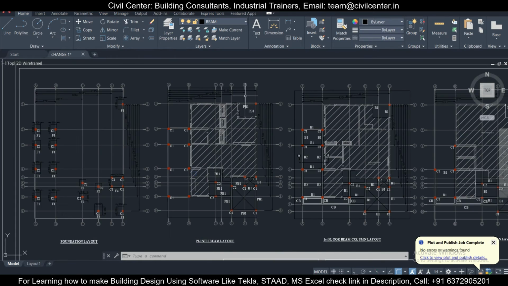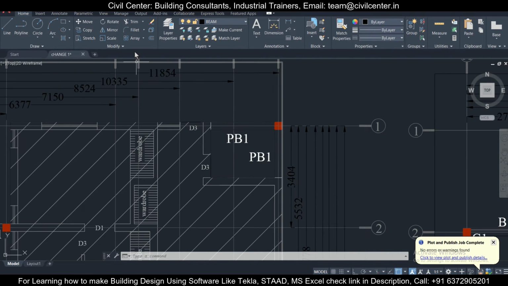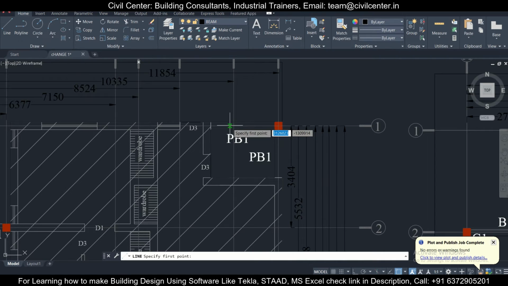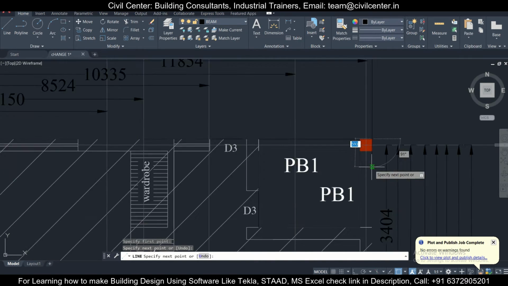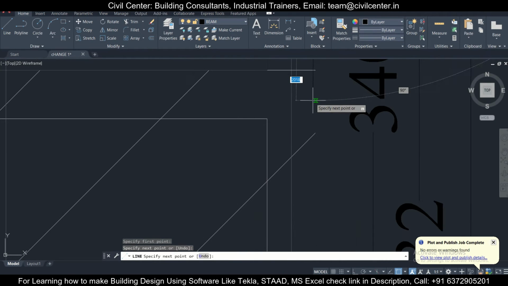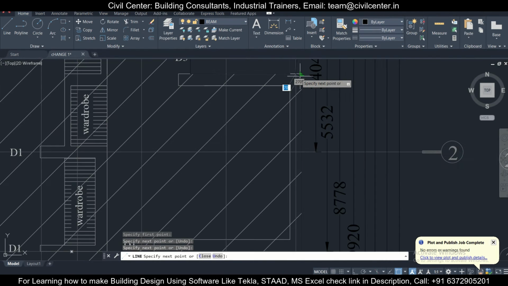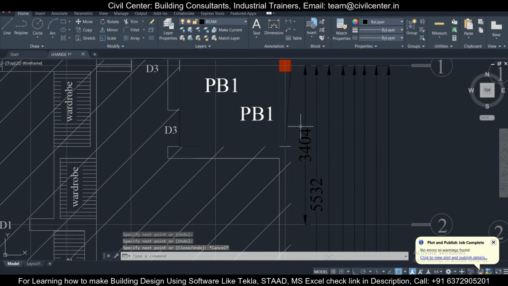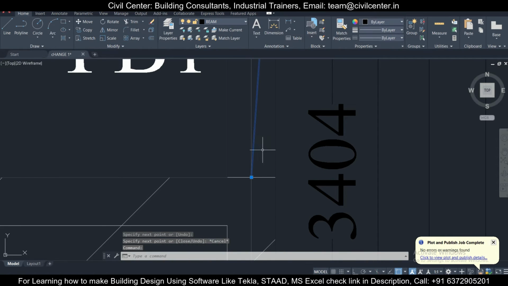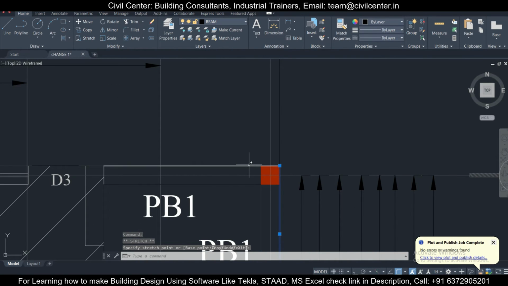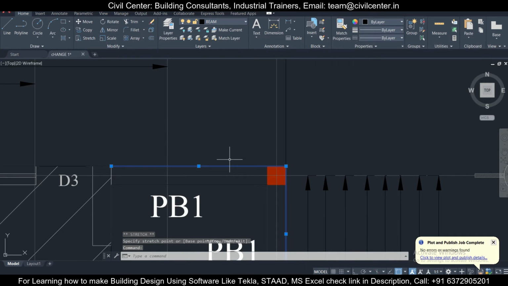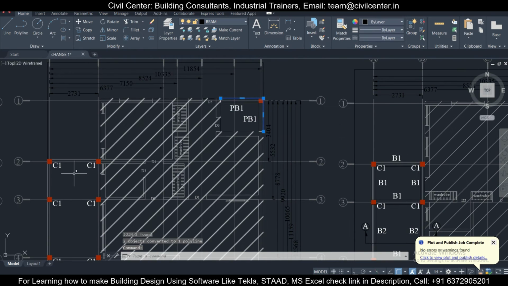For calculating the length, you can use some lines. This will be our periphery wall in this case, since this is an extension project. So we need to calculate the periphery walls accordingly. We'll just take the line from here. You can also calculate using the Word file. I'll join this. So this is a single line. This is the length along the periphery wall.